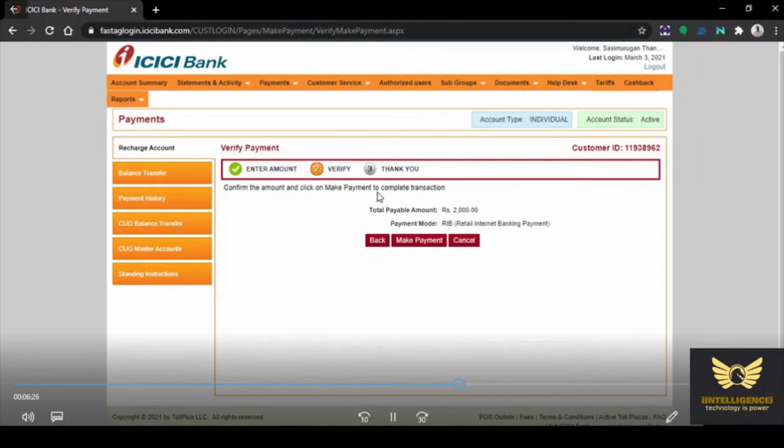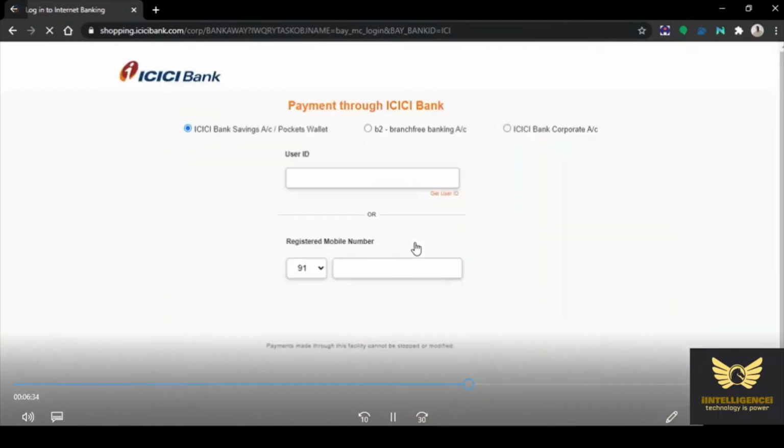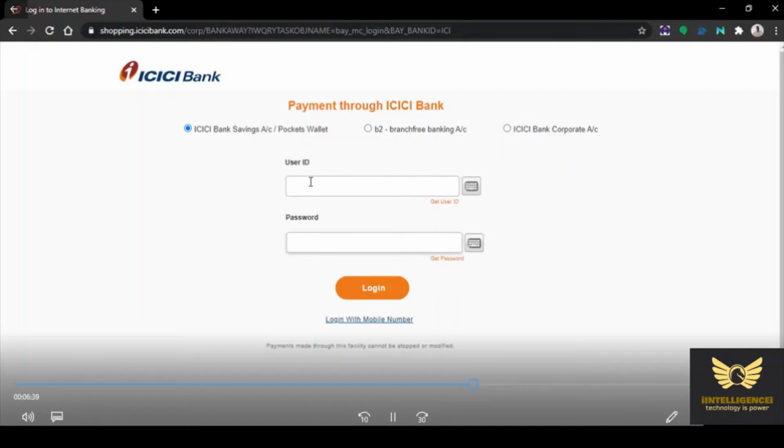Now confirm the amount and click on make a payment to complete the transaction. Click make payment. Now you have to enter the user ID and the password.